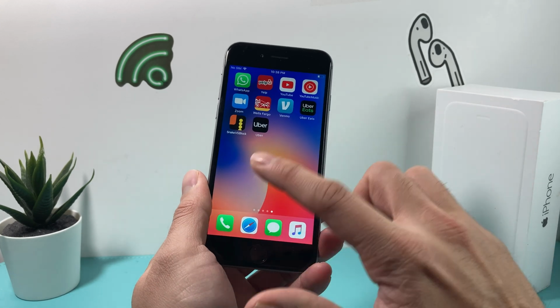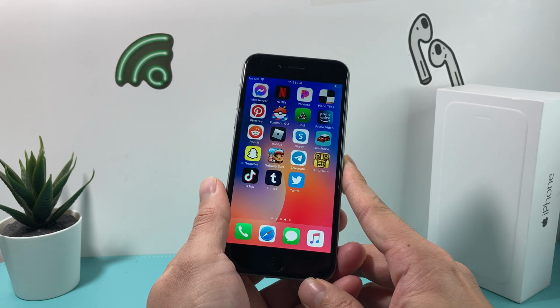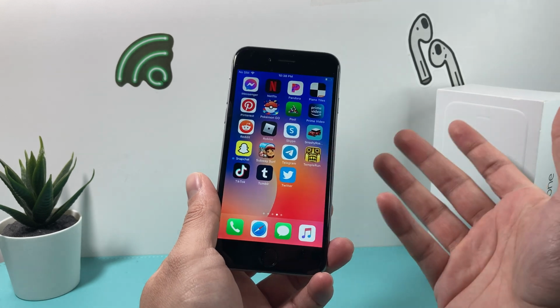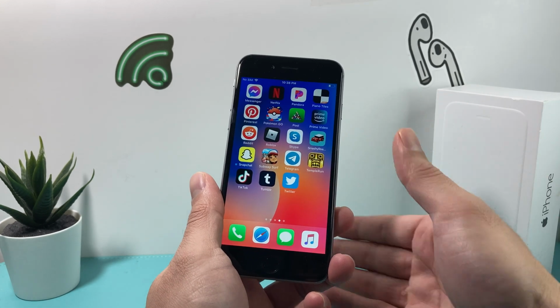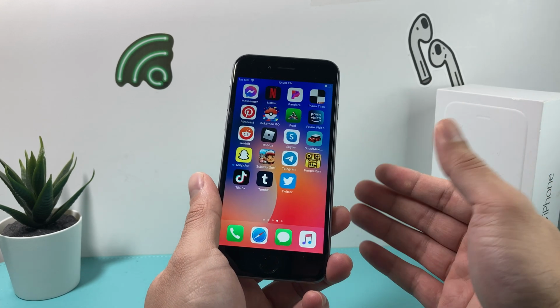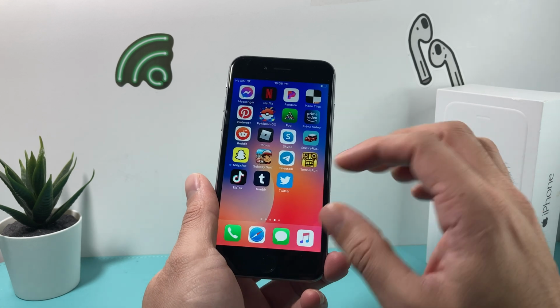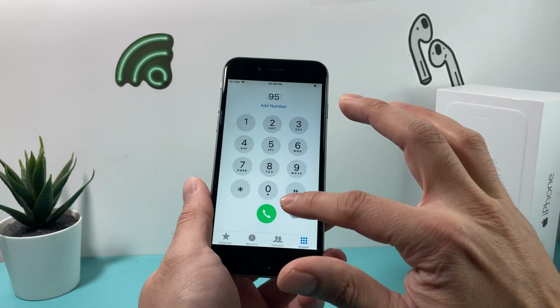So when I bring it back, is the iPhone 6 worth it going into 2023? The simple answer is, it's really not worth it any longer, just because it doesn't get the major updates that we want. Apps are starting to not work. But if you're really looking for a phone, or if you're still using the iPhone 6 and don't want to upgrade or pay to upgrade, if you can do basic things like calling and texting and you're fine with that, again,